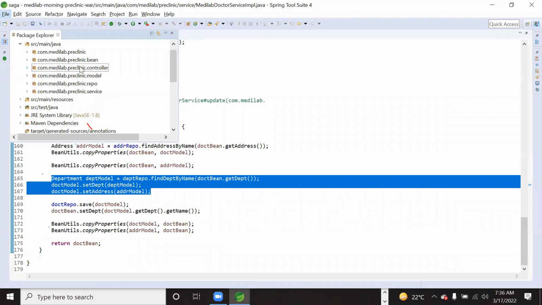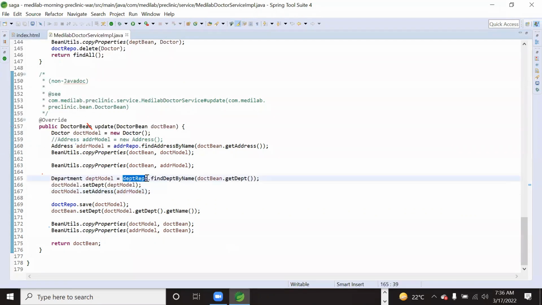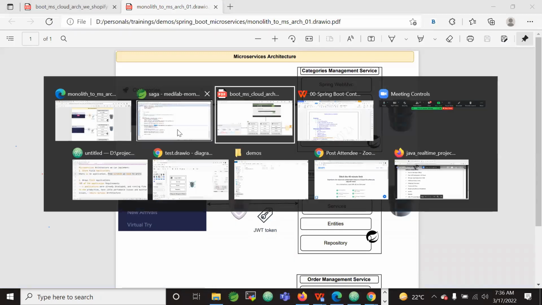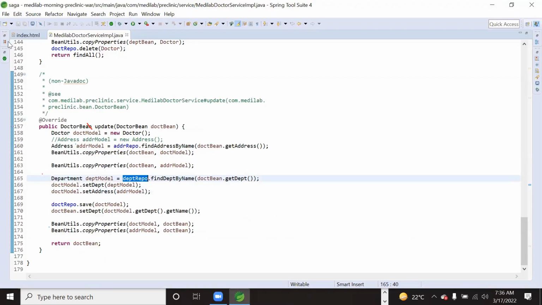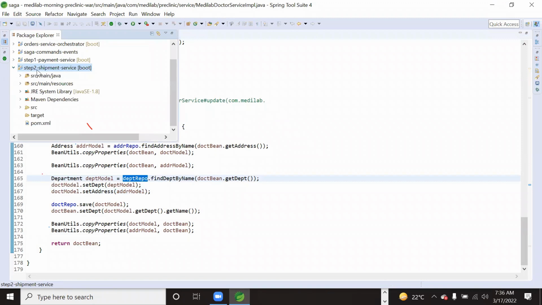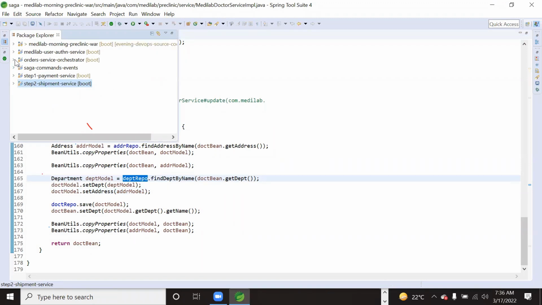That's the reason, as everything is within a single process boundary, we will be able to directly access them using object invocation mechanisms. But if the microservices are different, for example, if you can see here again, there is an order microservice, there is a payment microservice, there is a shipment microservice. Now, the shipment microservice is a separate application, the order microservice is a separate application, and then the payment service is a separate application. Now, how will the order service